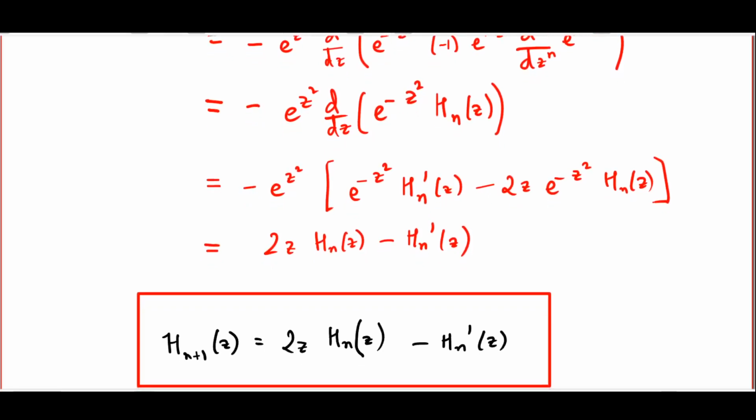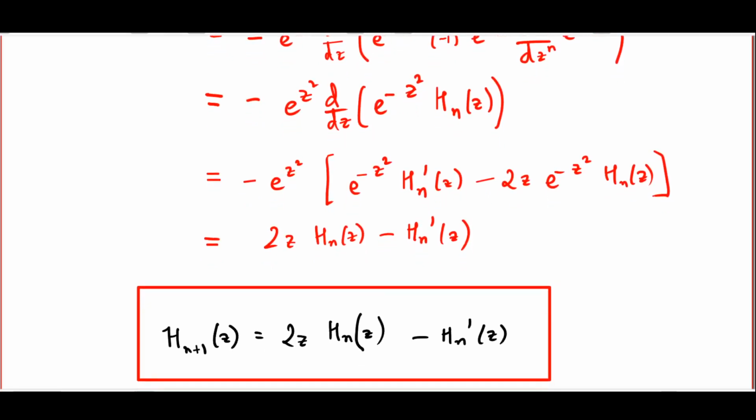So this is what the relationship looks like, and is one of the recursion relations which allow you to calculate the next polynomial from the previous ones. Here all you need is the nth and the derivative of the nth to find out H(n+1). As we will soon see, there are other recursion relations that we can derive, and some of them are more useful than this one. We can derive many more results using the Rodrigues formula, but now it is perhaps time